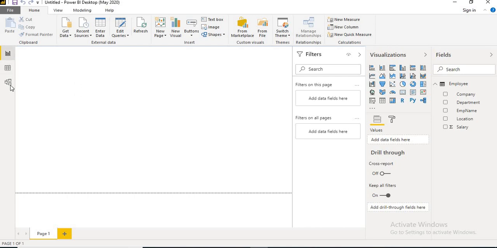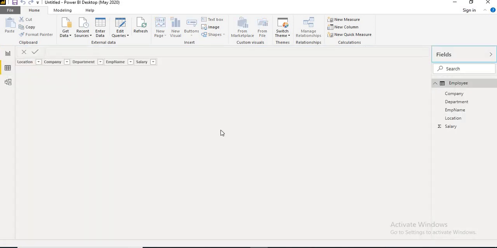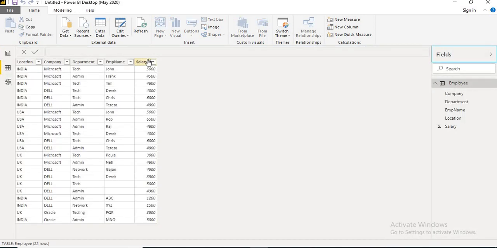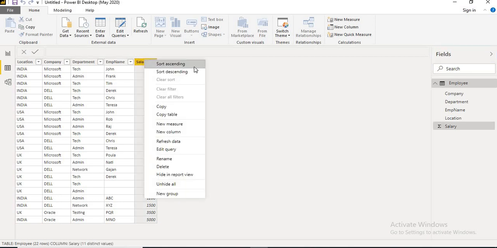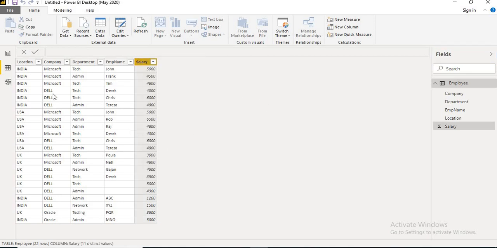Of course, yes, you have a couple of tabs here. Let's click on the second tab, the data tab. You can see the data. If you want to modify it, let us say you want to add a bonus column, you can add a bonus column, you can sort, you can do whatever you want. You can delete a couple of records which you do not want to display in the report. It's up to you.